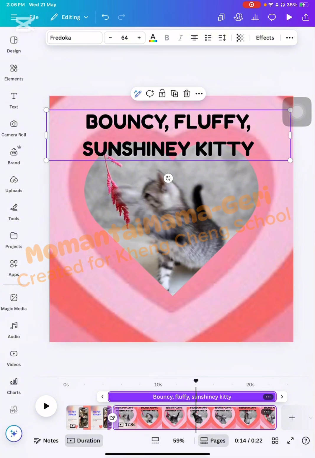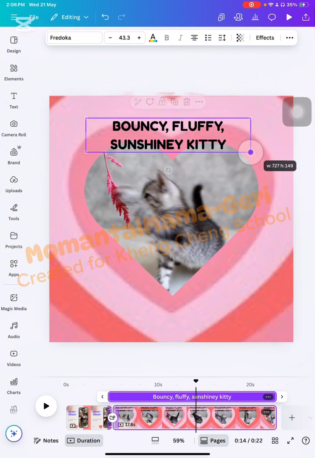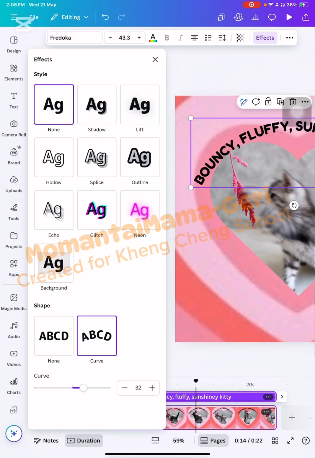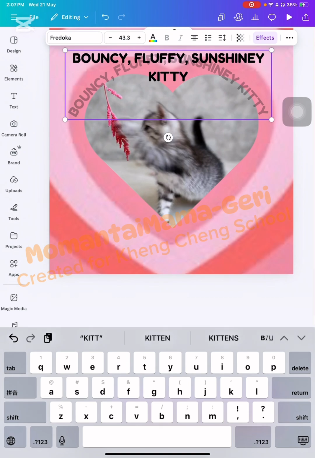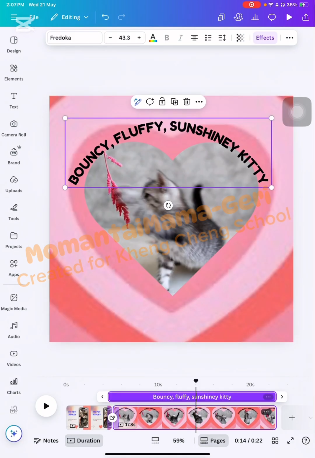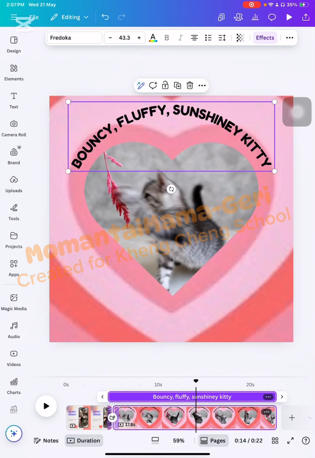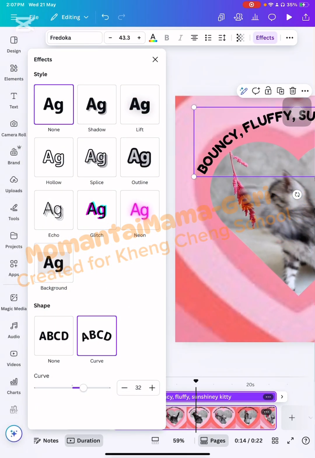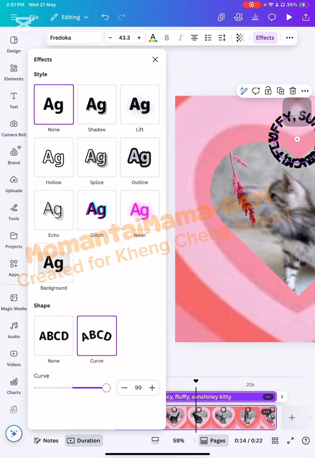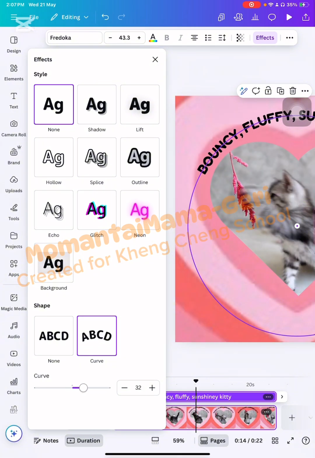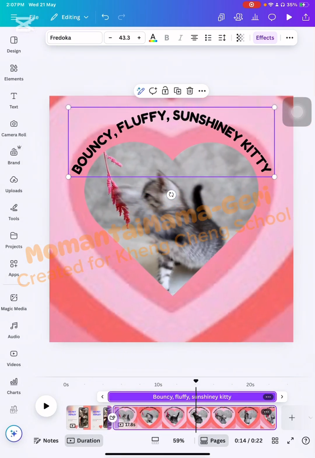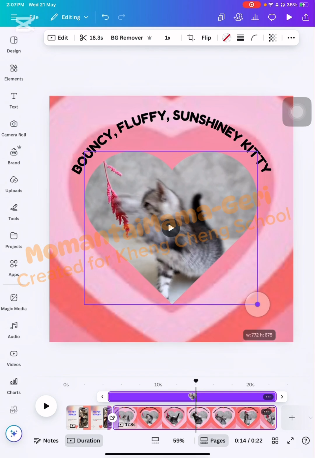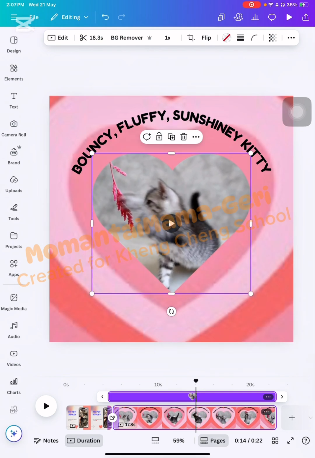it's boring, right? So what we're going to do, we are going to do effects. And now on the shape, we're going to curve. And then slowly, we have words that are curved. Okay, adjust it above the heart. And you can actually also adjust how curved you want it to be. Don't over curve it. Okay, just nice. All right. Feel free to readjust everything if you like. You can also shrink it down a little bit. Okay,